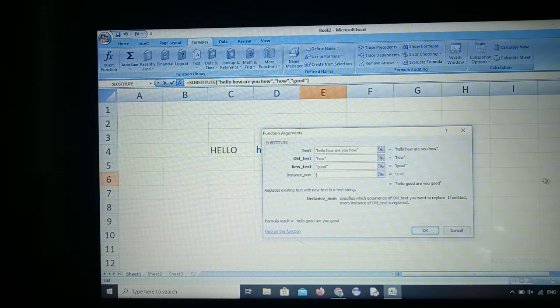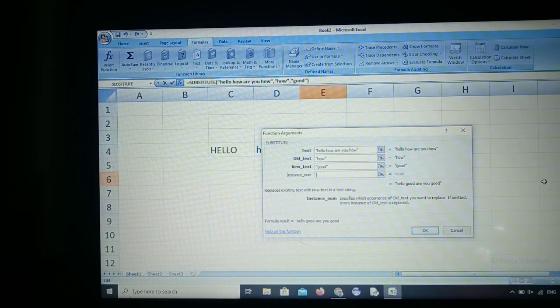See what happened. Wherever HOW is there, it is substituted by GOOD.